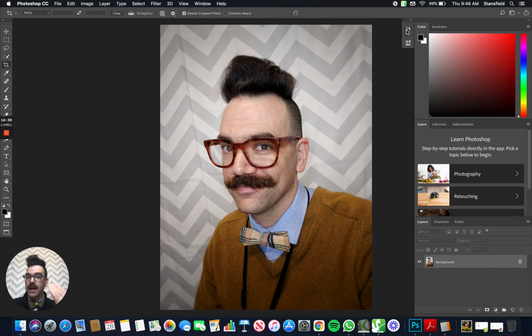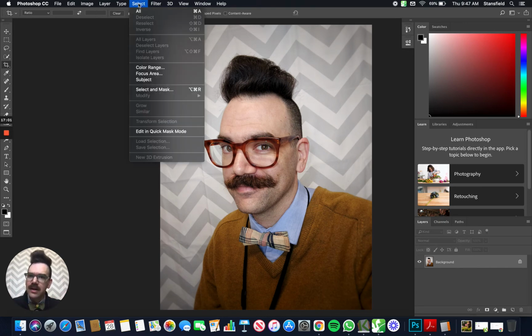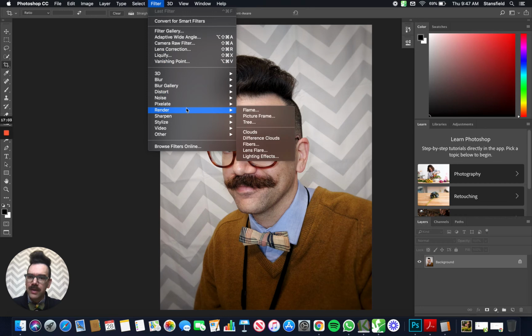That's one way to go backwards, though, is to use the history panel. All right. Now, if you took those pixelated images that we just made and tried to do something with them, they're not going to look how they looked in Photoshop. You're not going to be able to see those squares. And that's because of the way that JPEGs are saved. We'll come back to that in a second, but let's go ahead and go here to Filter, Pixelate,